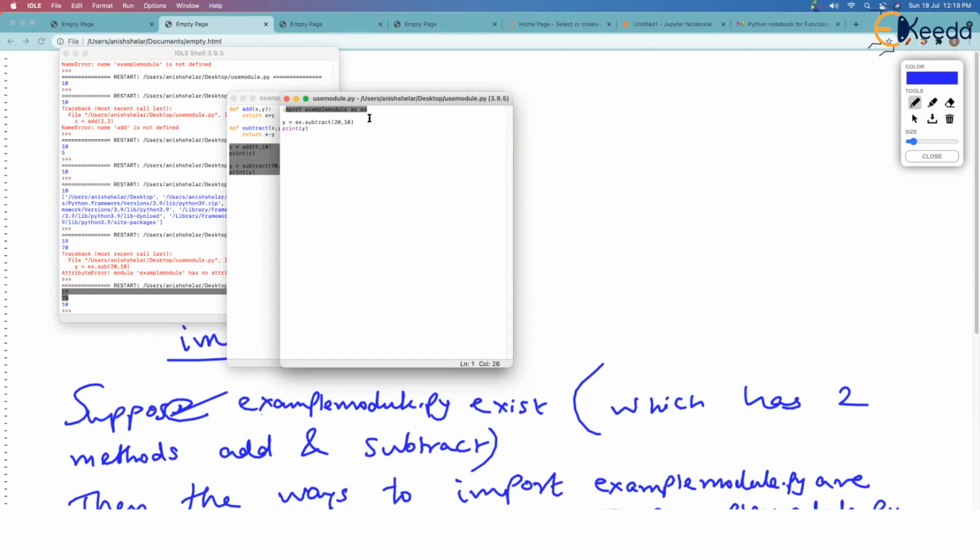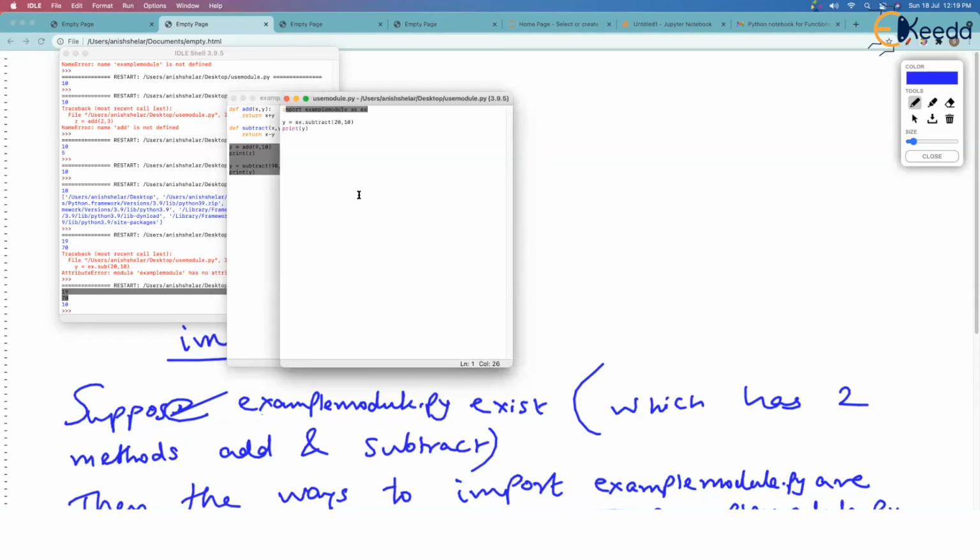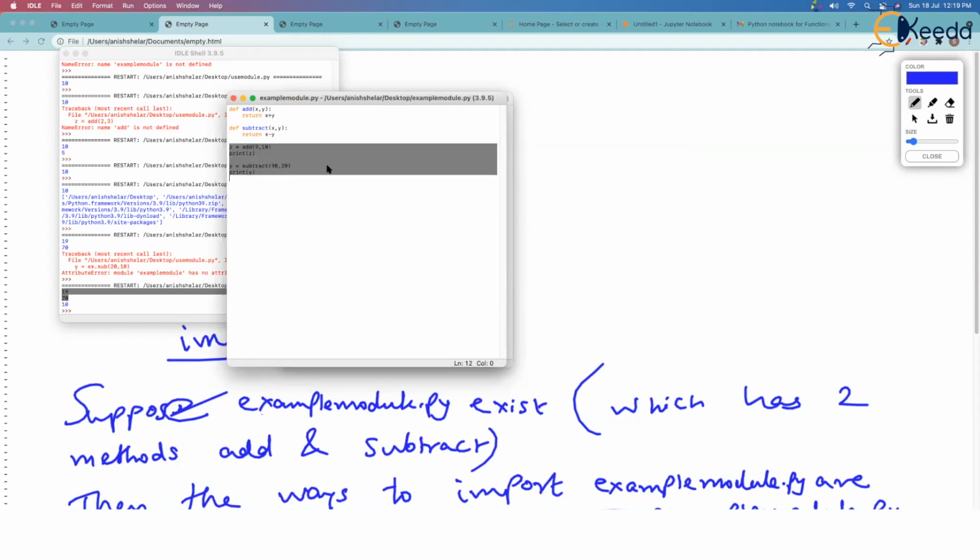It's as if all these lines were also imported. Not only these functions, these lines were imported, and these lines executed and gave the output. But this is bad, because I didn't mean that. When I am using example module as a module, I just want to run the subtract. I don't want to run the main script which you have already written in the example module. I hope you have seen how bad this is.